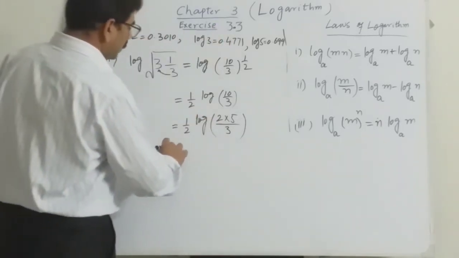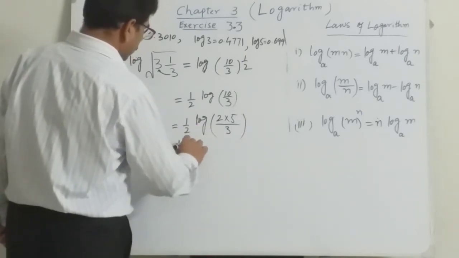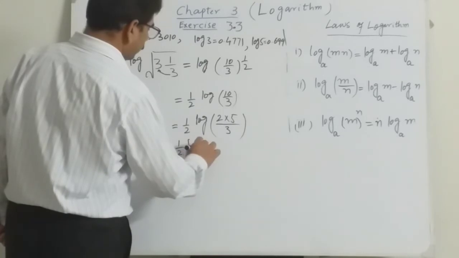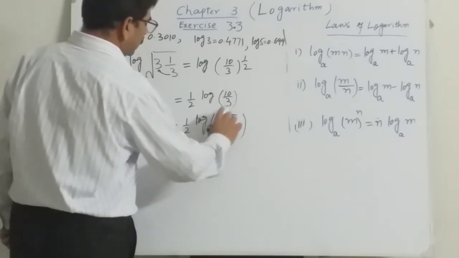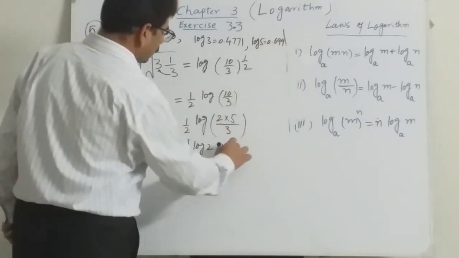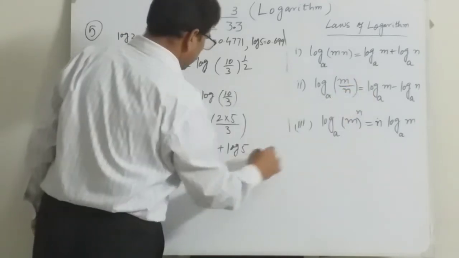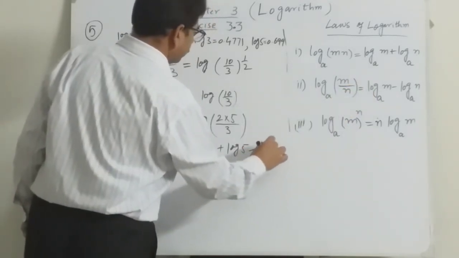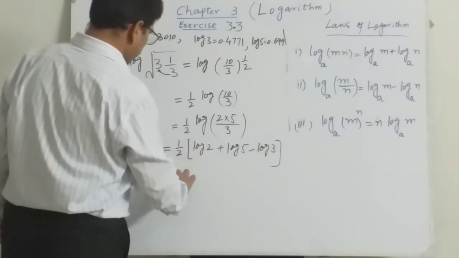Now applying the laws of logarithm, we will write it as 1 over 2 multiplied by log of 2. This multiplication will be converted into plus sign, log of 5, according to first law, and division will be changed into minus sign, log of 3. Now substituting the values, we will have